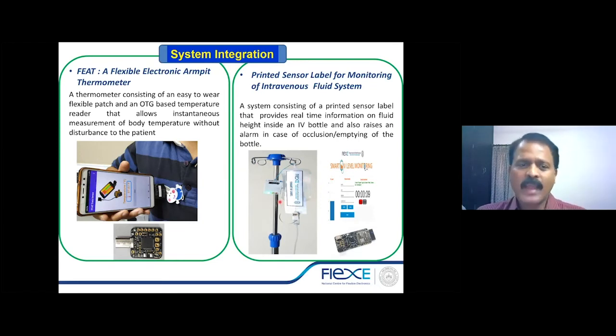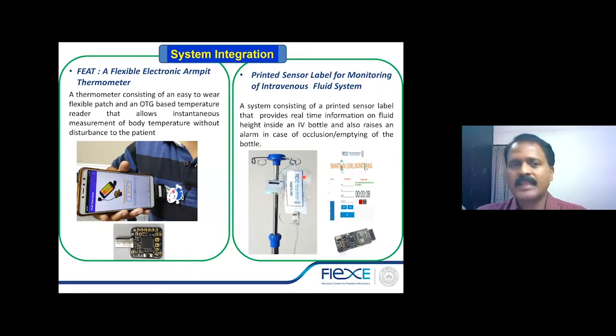This is what I showed during the printing part: here is a sticker which is put on the backside of this IV bottle, and when the level goes below a particular level, there's an alarm which beeps. So it can alert either the attendants of the patient or the medical person